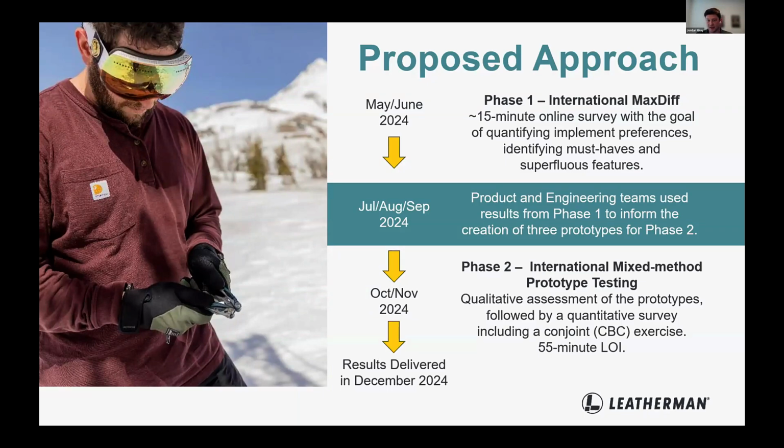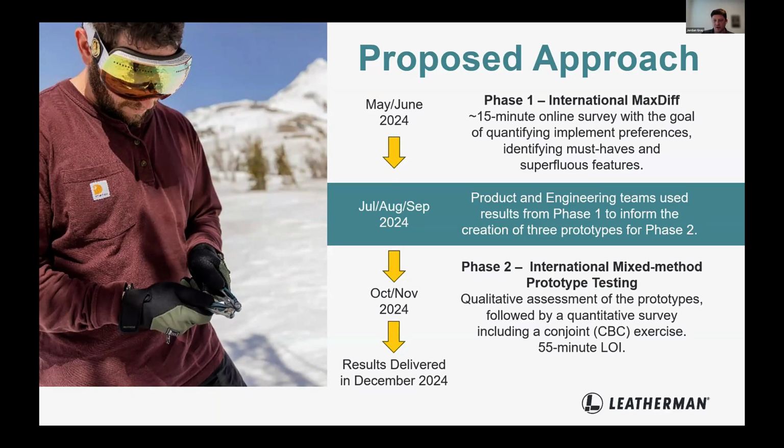Once we found out from that international MaxDiff what appealed to different customers around the world, product and engineering used those results to develop 3 distinct prototypes. Our research partner Escalent really recommended we had 3 very different prototypes that we took to phase 2 of the research. And this was so that we could understand, not minute differences, but really what's resonating in a unique offering. And I think that was a really strong recommendation that I would also state, like if you're going to do qualitative or something like that, having very distinct prototypes to look at is very, very helpful.